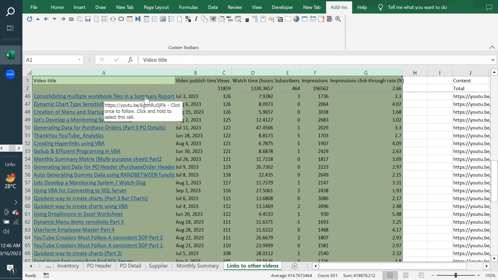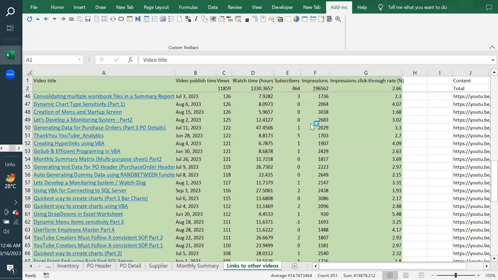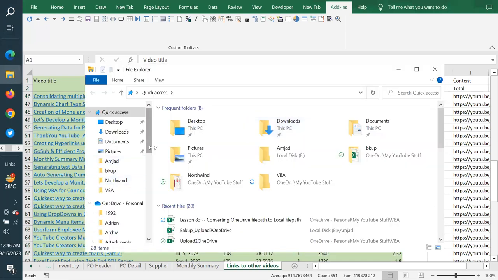So that is a remote drive, a OneDrive path, which is shared to the user, right? That is not an ordinary path. I will show you how it looks, and it is different from the common path which we normally have. For example, in our previous video, we showed you